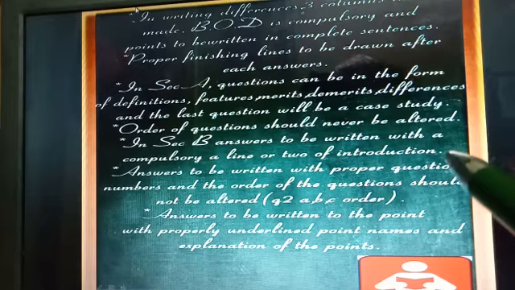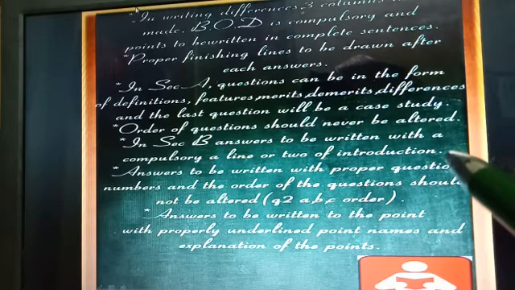Another important thing when you answer the question paper is that the order of questions should not be altered. If it is given in the order A to J, or 1, 2, 3, 4, 5, 6, 7, 8, 9, 10, you cannot write question number 5 first and then come to question number 1. Whatever the question number is in section A, like if it is given as 1A, you have to write down 1A. You cannot write 1 in number and then the other in Roman numerals. You cannot change the question numbers given in the question paper. You have to copy the same question numbers.